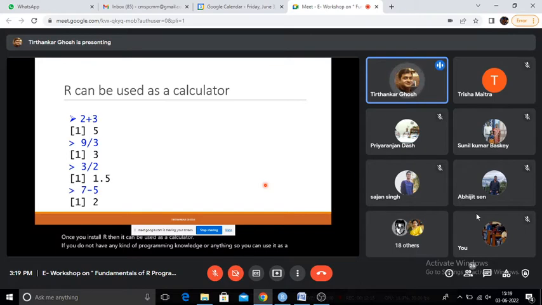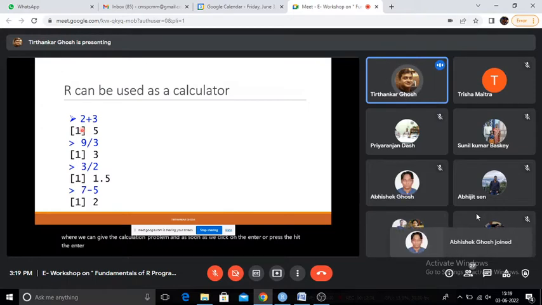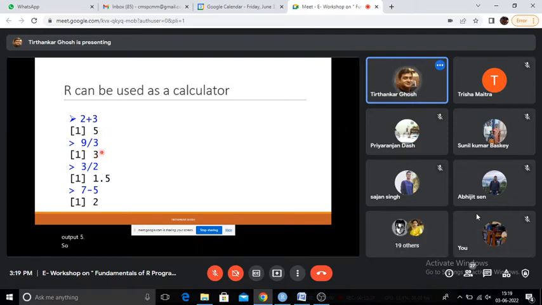As I showed you, this kernel has the greater than sign, where we can give the calculation problem, and as soon as we press the enter button, it shows the output like this. So here I have typed 2 plus 3, and it showed the output 5. Similarly 9 by 3 is 3, 3 by 2 is 1.5, 7 minus 5 is 2. It is as simple as that.